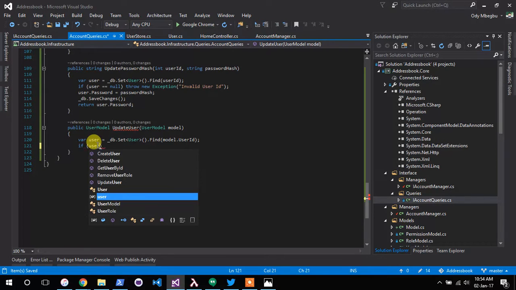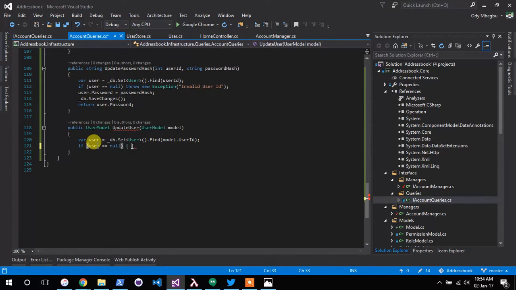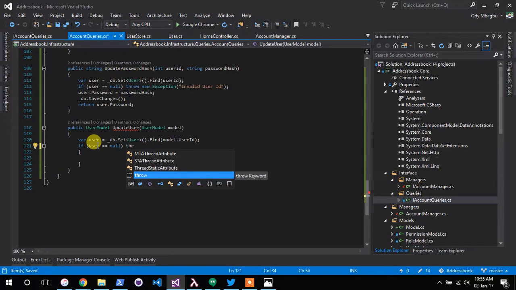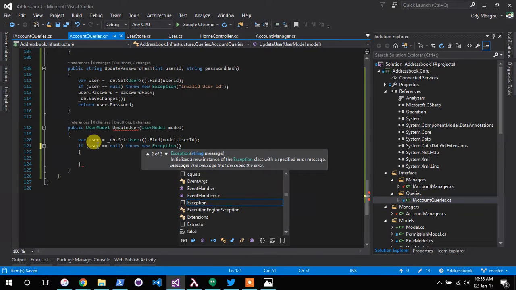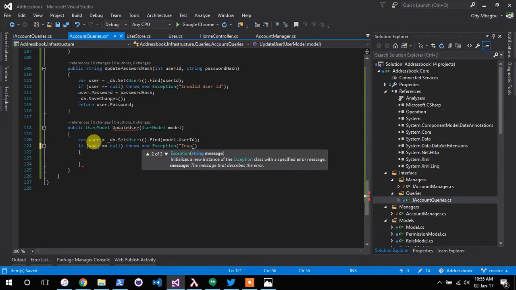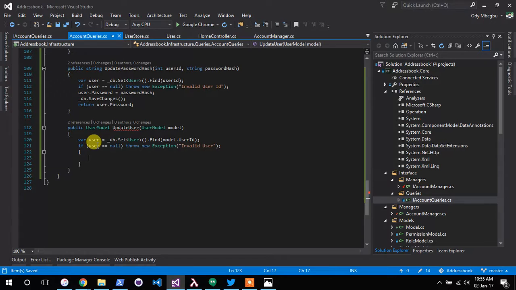If user is null, throw new exception, so say invalid user. Otherwise, let's go ahead and assign all the properties except password, of course. If user is equal to null, do this. Otherwise,